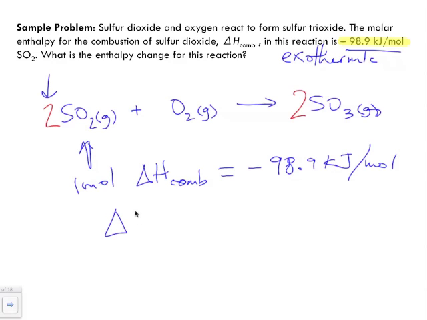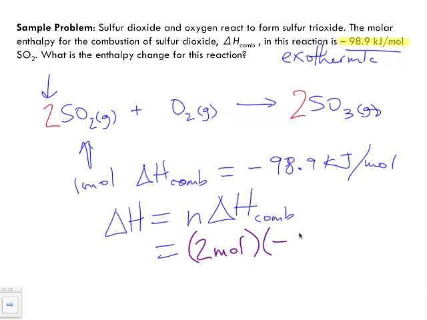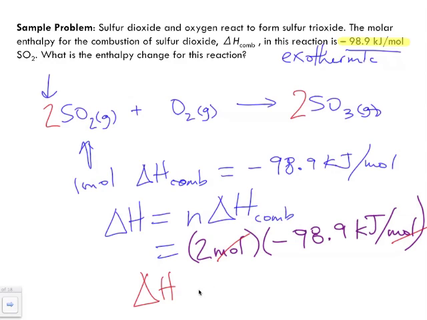So what do we have? Well, we have our delta H, because the question says, what is the enthalpy change? And the enthalpy change is equal to n multiplied by our change in enthalpy of whatever the reaction is, which in this case is combustion. So how many moles do we have of sulfur dioxide? We have 2 moles of sulfur dioxide multiplied by minus 98.9 kilojoules per mole, the molar enthalpy. Notice here, moles are going to divide out, and our change in enthalpy for this reaction is equal to minus 197.8